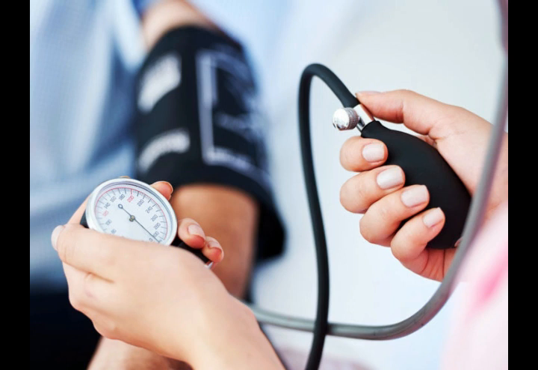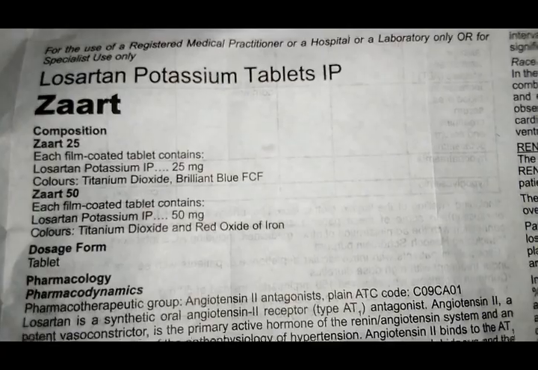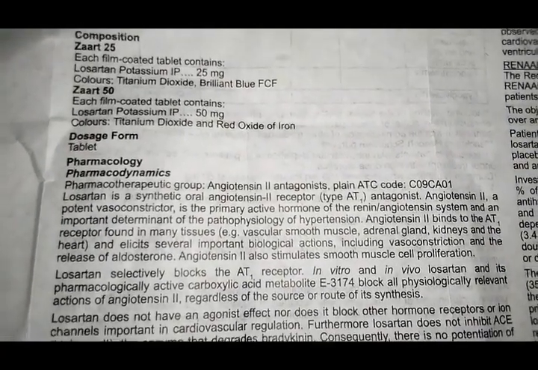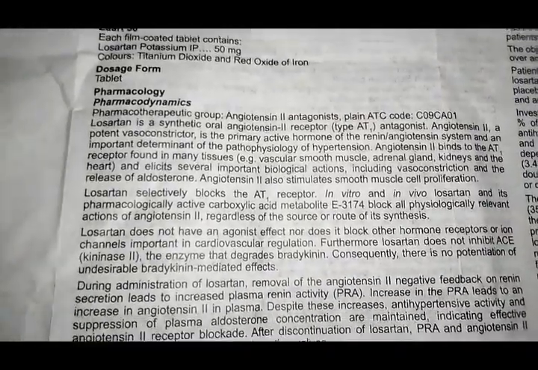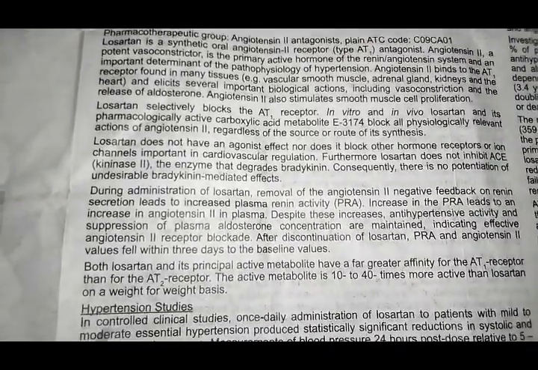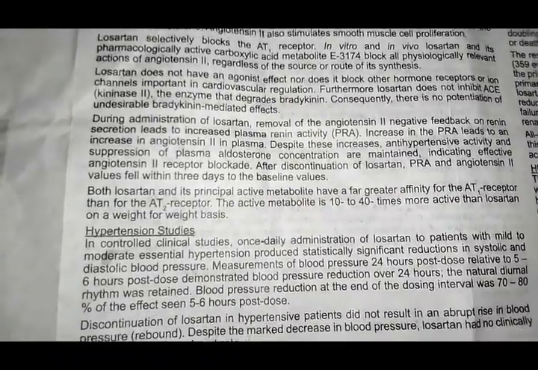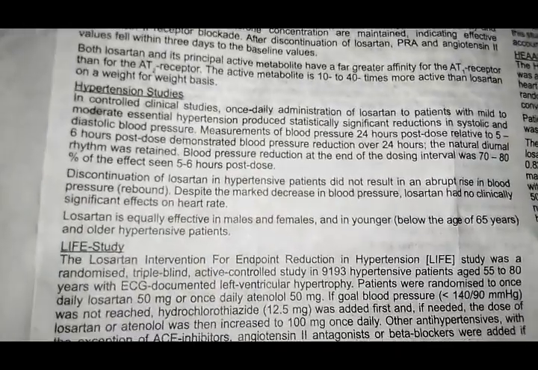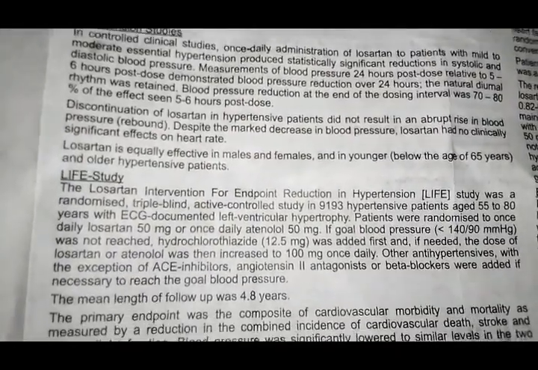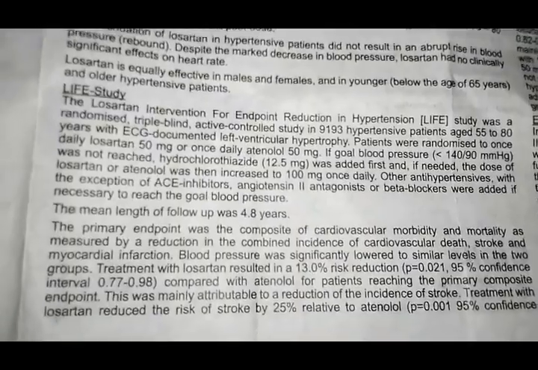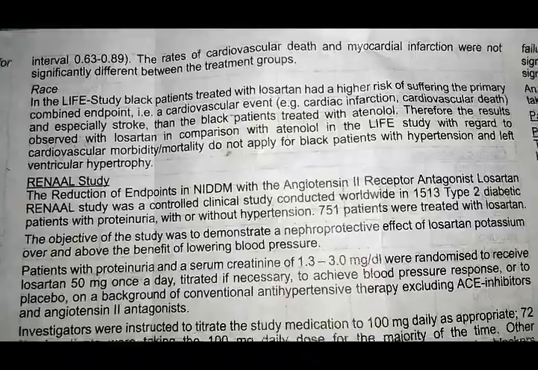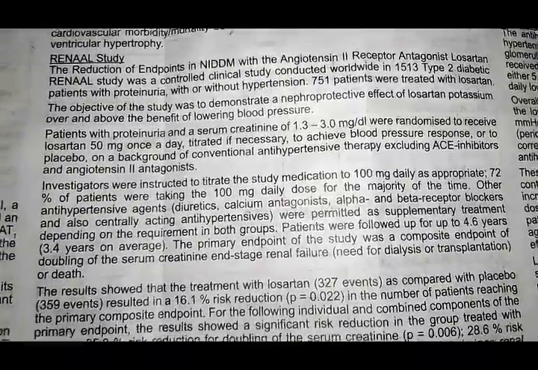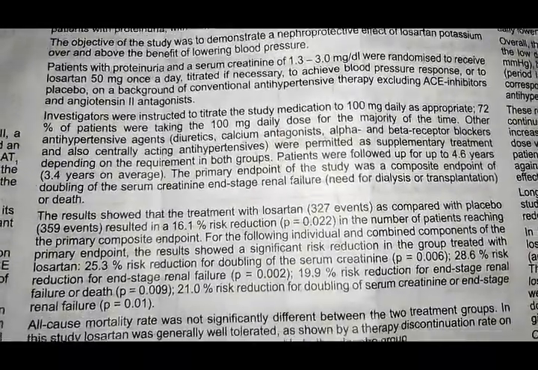Dosage form. Tablet. Pharmacology. Pharmacodynamics. Pharmacotherapeutic group: Angiotensin 2 antagonists, plain. ATC code C09CA01. Losartan is a synthetic oral angiotensin 2 receptor antagonist. Angiotensin 2, a potent vasoconstrictor, is the primary active hormone of the renin-angiotensin system and an important determinant of the